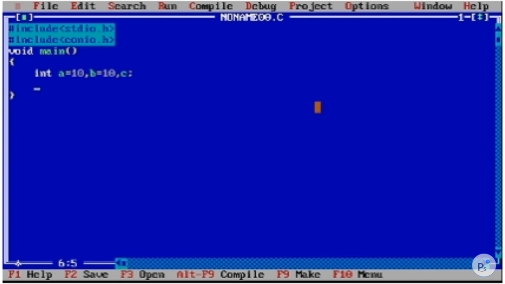Let's understand the arithmetic operations in a programmatic way. As you can see, I have defined a, b and c variables of integer data type, where variable a is assigned the value 10 and b is assigned 10. You can do this assignment in another way too, like int b equal to 10.